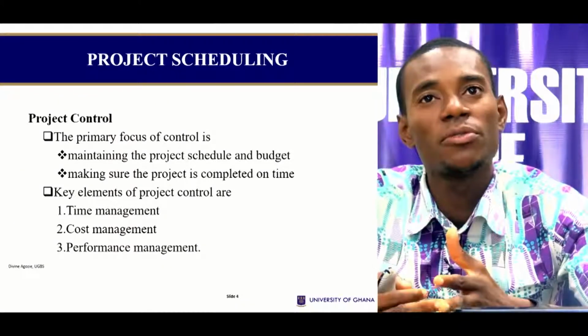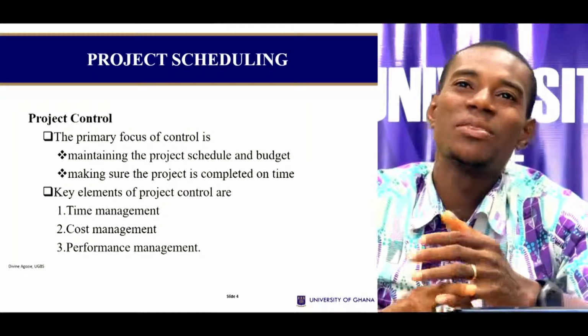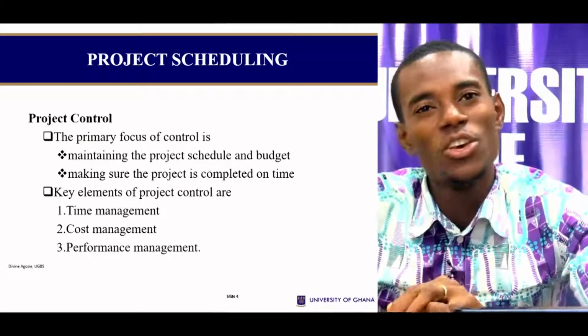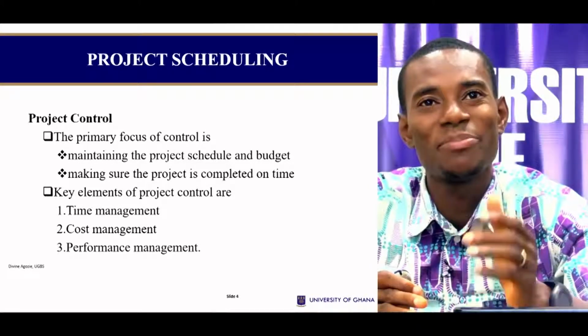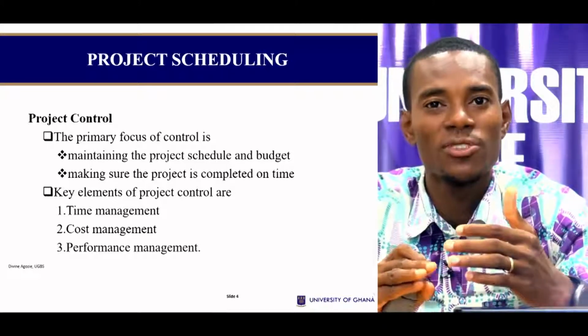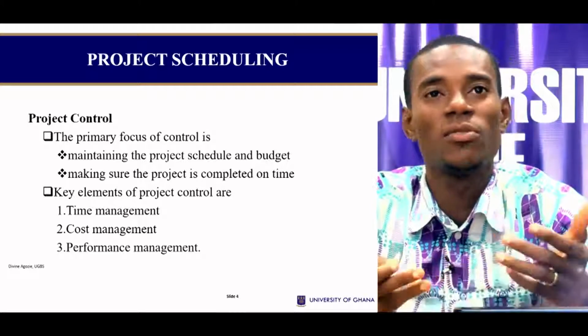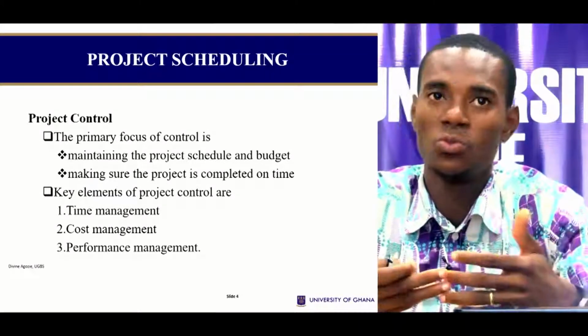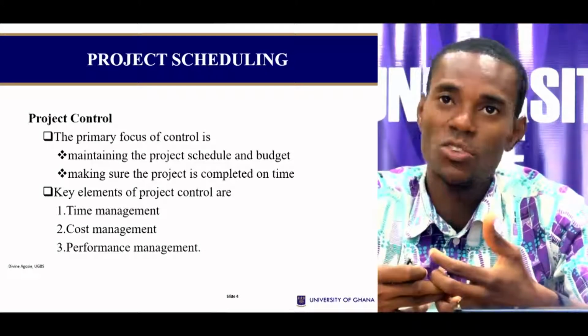Now, the primary focus of control is to, one, make sure that you maintain the project schedule and budget. You would not want to have started a project where you already have planned when to complete it and what resource you need or what financial obligation there should be to that project, and at the end of the day you go beyond that. We refer to that as cost overruns, and that is something that no business or